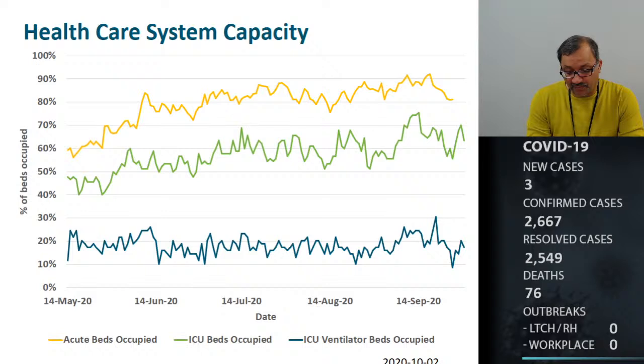Looking at the health system capacity in general, this orange line highlights the occupancy rate of our acute care beds. The threshold is to have the occupancy rate be below 85%, which we're just meeting right now. This signals that we may not be able to meet the demands related to COVID and could be stretched if capacity is not increased. The green and dark blue lines are for ICU capacity and ICU ventilator beds respectively.